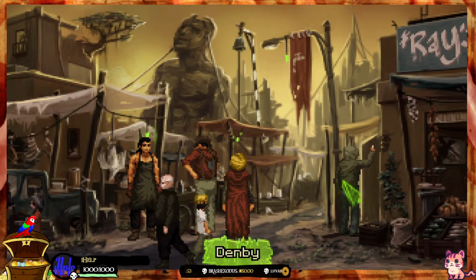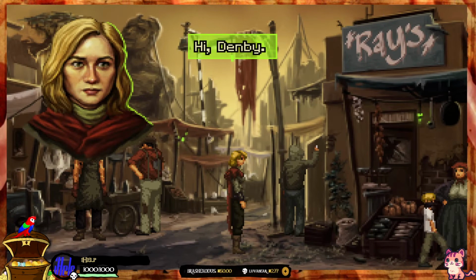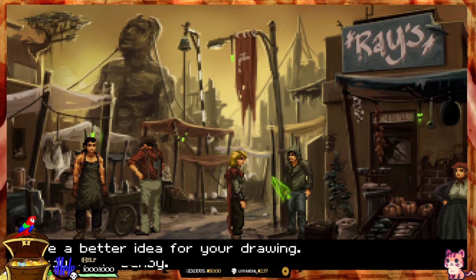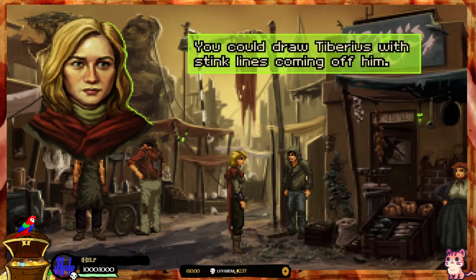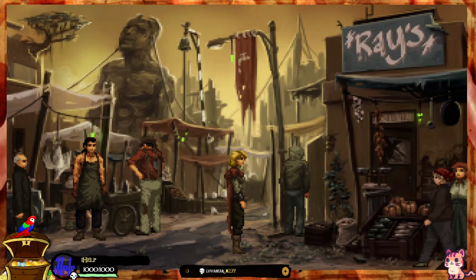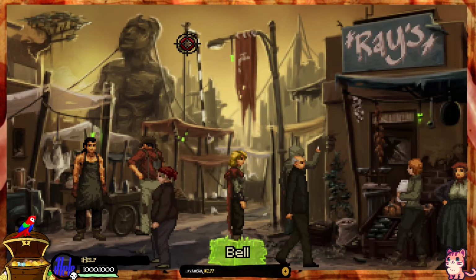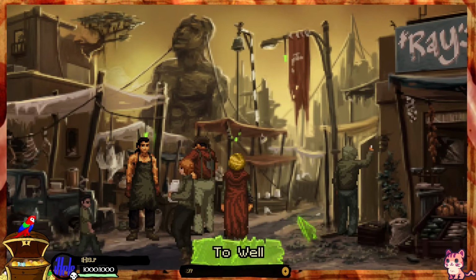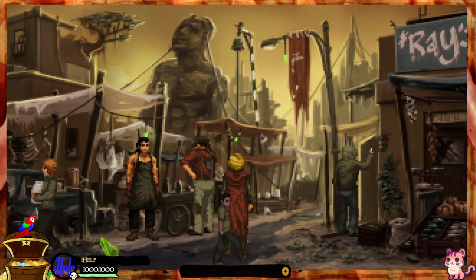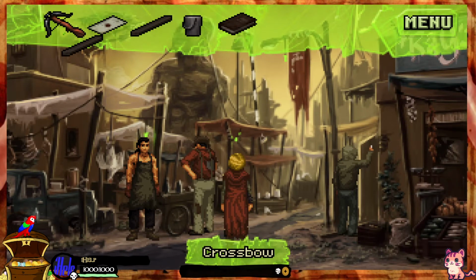Oh, hang on, I've got an idea. Denby's current... Hi, Denby. Oh, I think I have a... really? You could draw a type... Yeah, and all right, thanks, Amy. Okay, so do that, right? And then... Ding! I haven't got any bolts right now. Really? Damn it. I don't think I can...